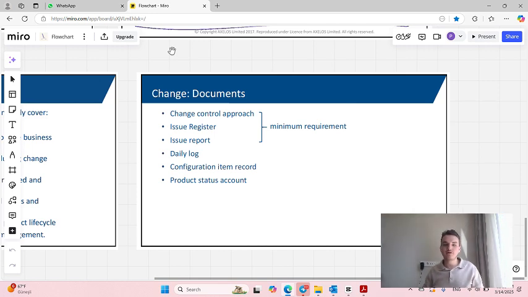Configuration item record. This is a baseline document for keeping track of how different aspects of your project changed over time. And product status account, this is like an overall thing for your project, how it was changed from the baseline. But in my opinion and in my experience, the minimum requirement is more than enough for a robust change document, because, guys,